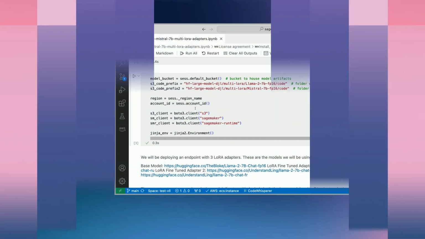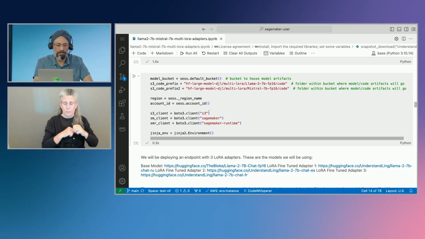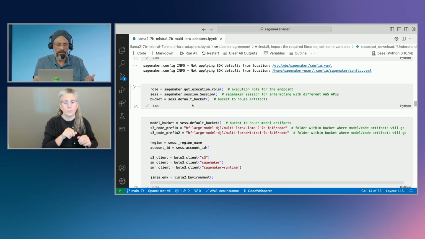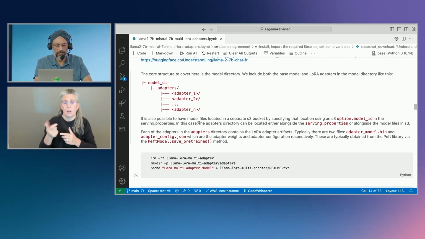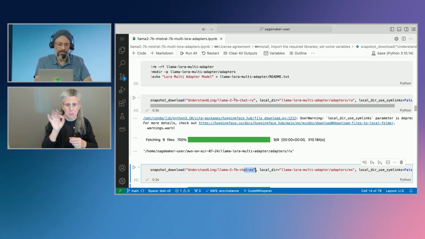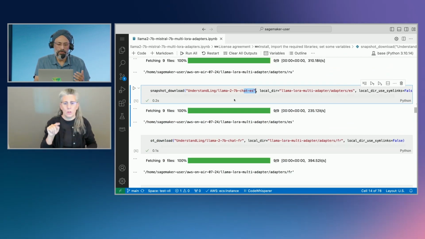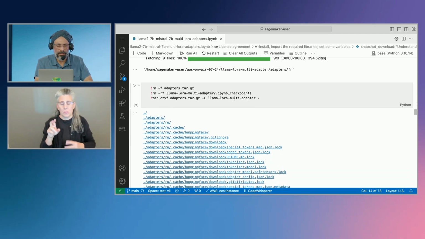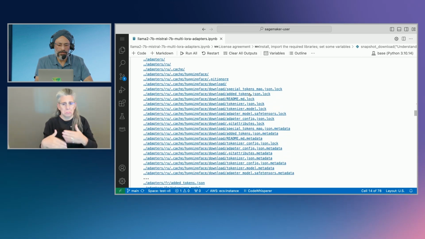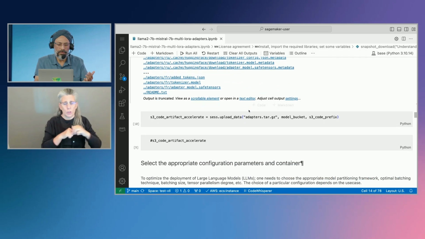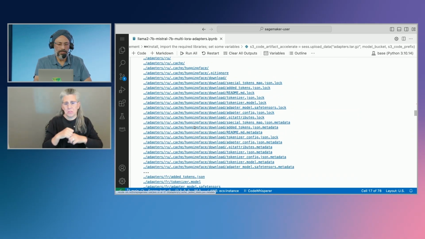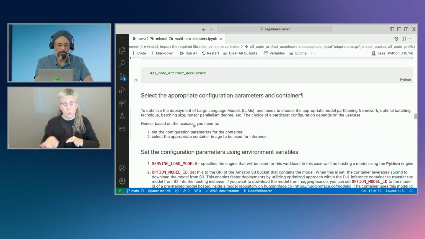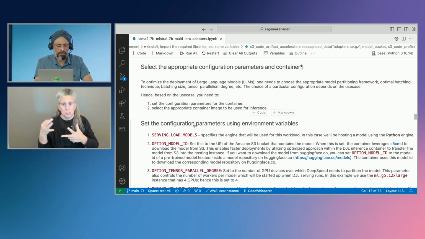So we've got this directory structure, and then all I'm doing is loading a few things. I am permissioning, where I need to specify what my role is going to be, since SageMaker is part of the security framework of AWS. And then I just download these adapters because I want to have them attached at runtime, like we saw earlier. I create a structure in S3 and upload that whole structure to S3. So now I've got my S3 structure, with all of these French, English, Spanish adapters, all now part of the model. I've got two different models, and we'll see how those work.